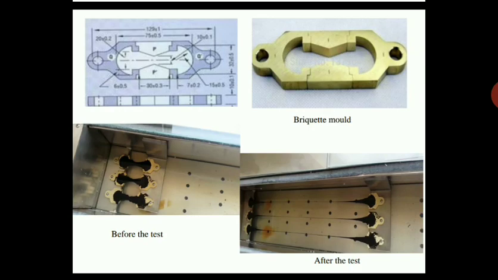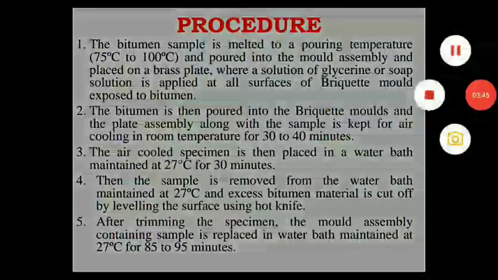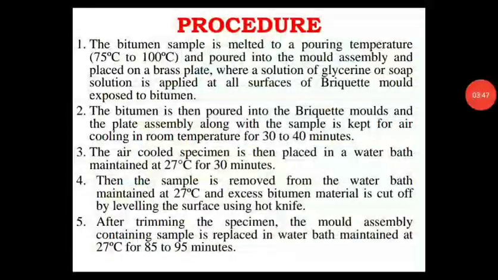Now you can go for the procedure part. First, we need to collect the bitumen sample, and then it is melted to a pouring temperature. Pouring temperature means the bitumen should get softened, so we need to provide around 75 degrees Celsius to 100 degrees Celsius. At this temperature,